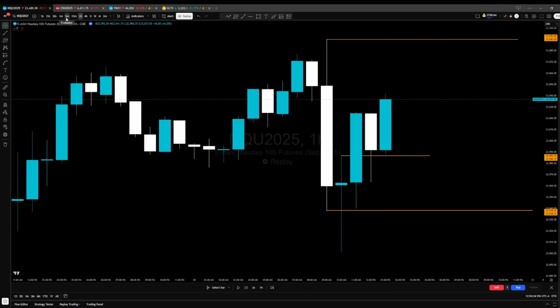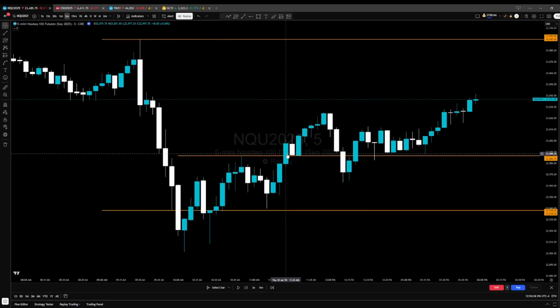Candle high. So let's go down to our 5 minute chart. Let's see what time we swept this candle's high. We swept this candle's high at 11:25. Now, this is a good example of if it sweeps it from